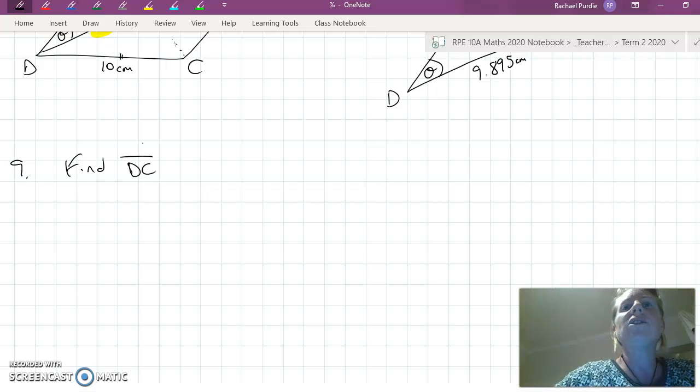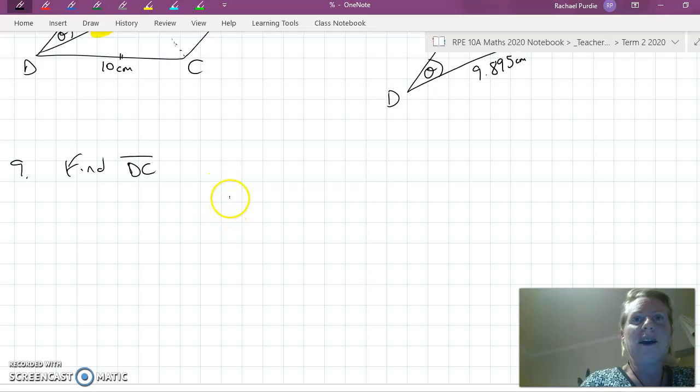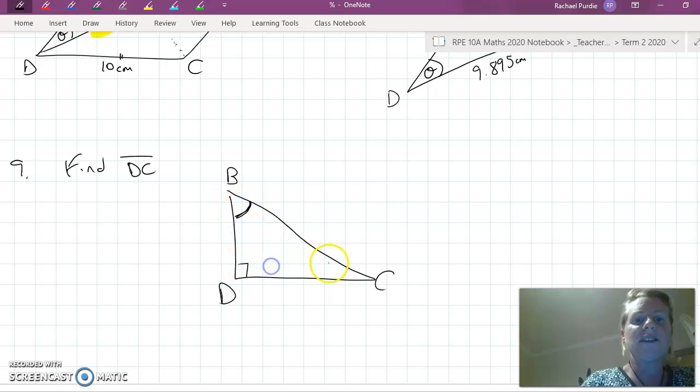And then, the fact that angle ABC is 105 altogether means you can also work out how big that angle DBC is. If you look at the BCD triangle, you'll be able to work out what that is, because that's 90, that's 27, so that